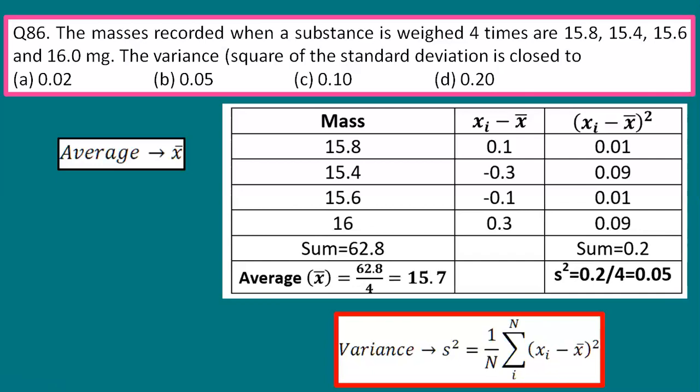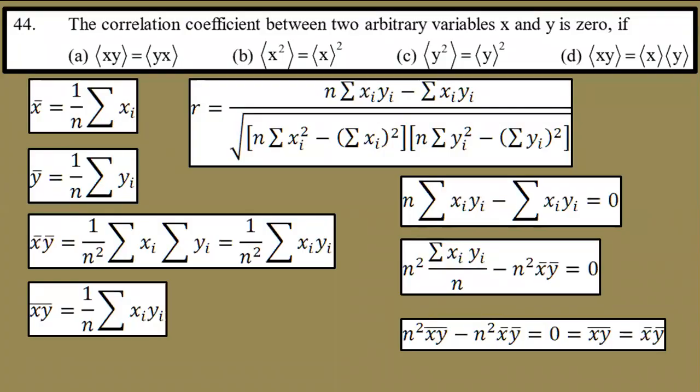Fine. So this is about this variance or standard deviation. Now let us move to another more complicated looking problem. They are asking about the correlation coefficient between two arbitrary variables x and y is 0 if which condition is satisfied. Okay, so this is known as the correlation coefficient, some kind of relationship between x and y, and